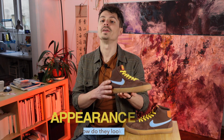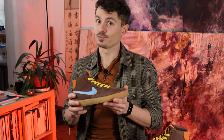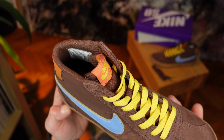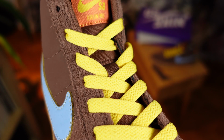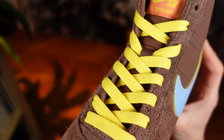The pair I'm holding features a chocolate and caramel main theme, because of course life is sweet, with an all-around brown upper and orange accents in the heel area, on the tongue and on the insole. But what is sweeter than chocolate and caramel, I wonder? Oh, maybe the honeycomb pattern bright yellow laces? These perfectly complement the whole design, and with wear will also match another part of the shoes, but more on